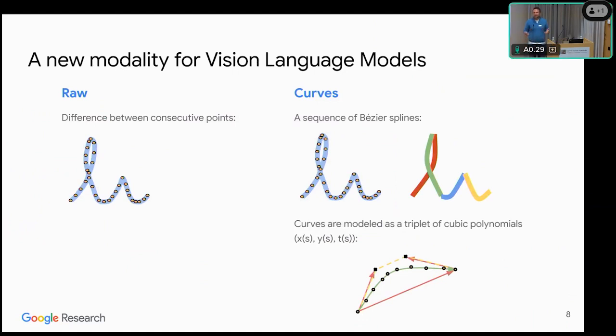So you can use that as input, the raw input, which is more of an end-to-end learning approach, or you can represent it in different ways, things like Bezier splines or triplets of cubic polynomials, etc. It's up to the engineer to figure out the right approach, but there are different options for how to feed that modality in.